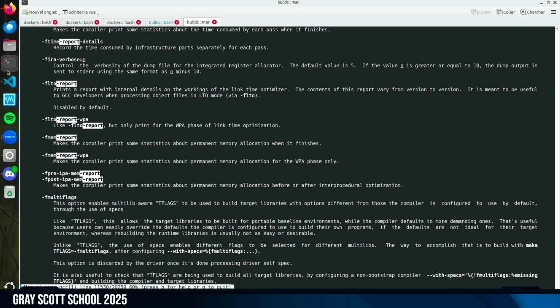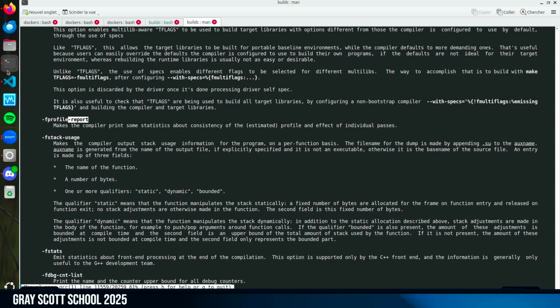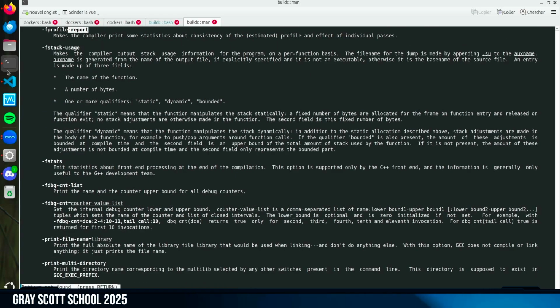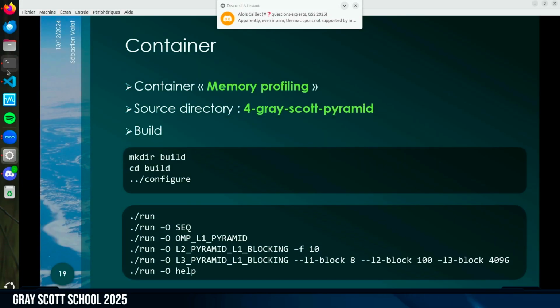Normally on the Intel compiler there is an option for sure. On GCC I forgot if there is one.